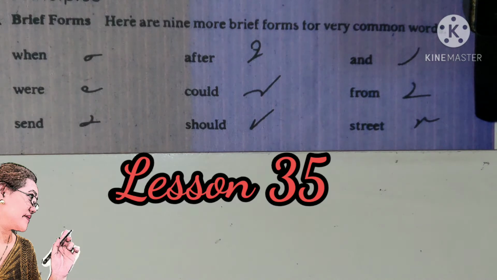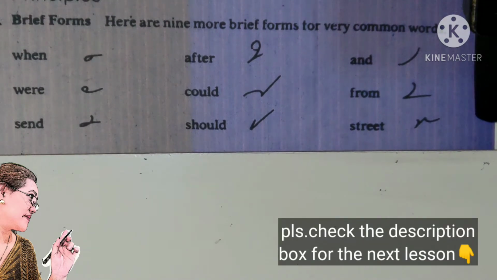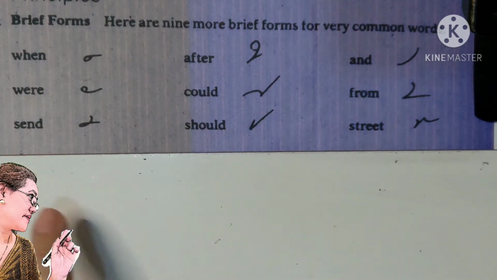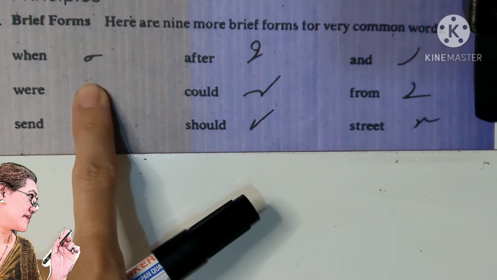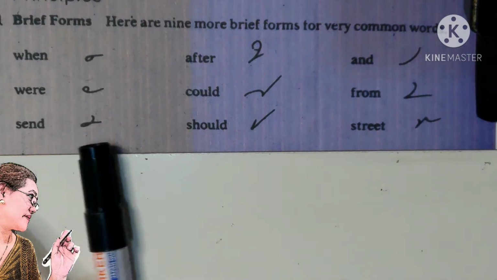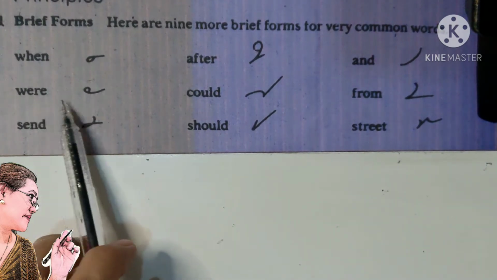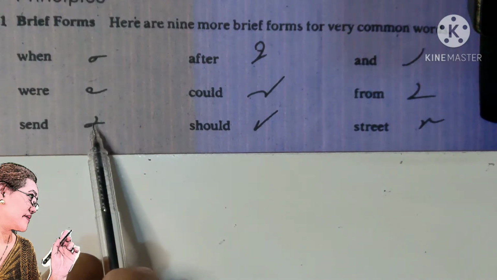Okay, so we are now in lesson 35, another set of brief forms. We will start from "when." "When" is represented by "en," "where" by "er," "send" by "sen,"